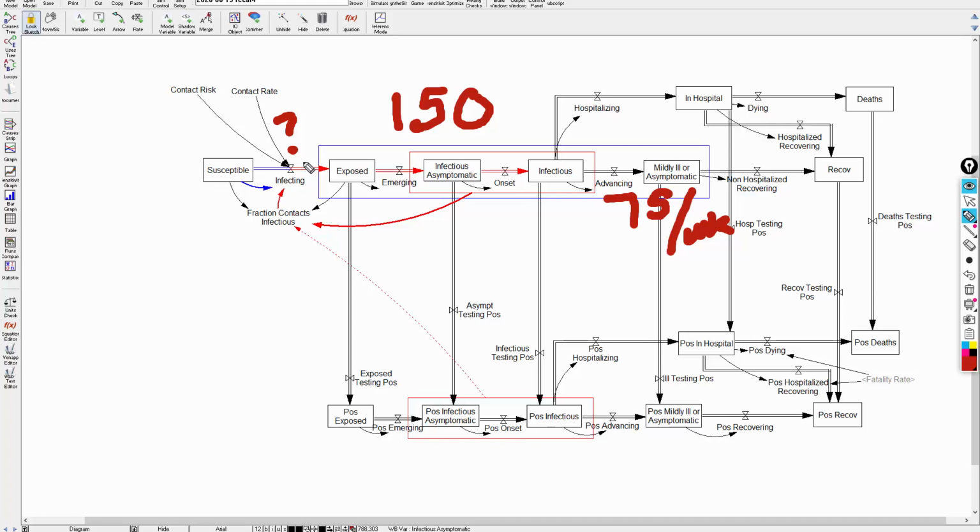But if it's higher than 75 a week, particularly if R naught or RT is 2 or 3 as it is in kind of the uncontrolled disease, then you're getting a couple of hundred infections a week, which means that the infected population is going to grow rapidly.